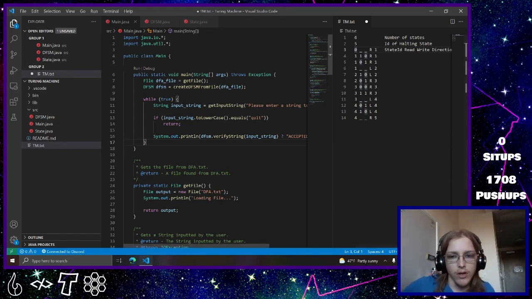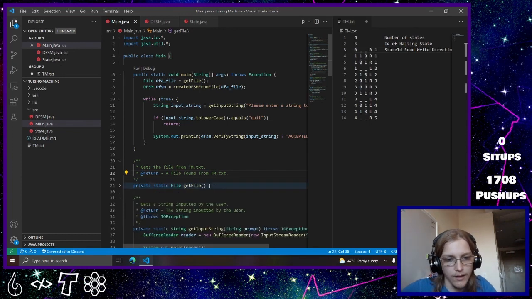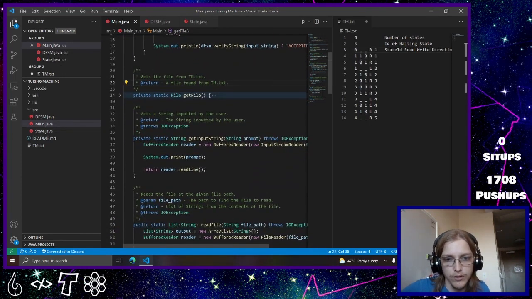Okay, so it's going to be similar to my previous code, so that's why I copied it all. Get file is going to be the same, except it's going to be tm.txt, because TM stands for Turing machine instead of DFA for deterministic finite automata. Then get input string should be the same,